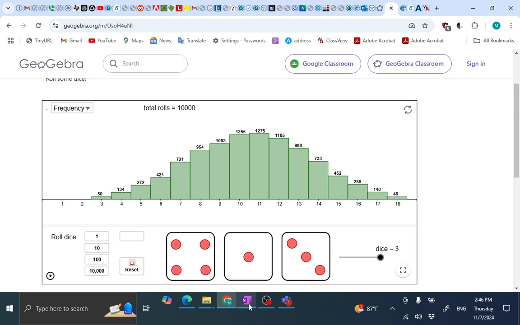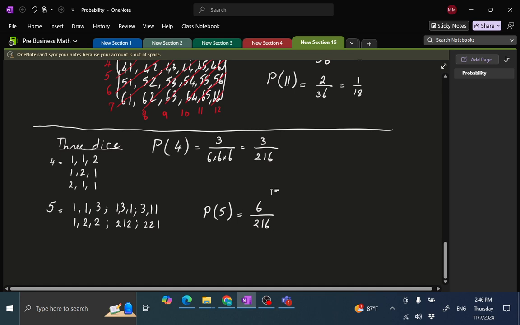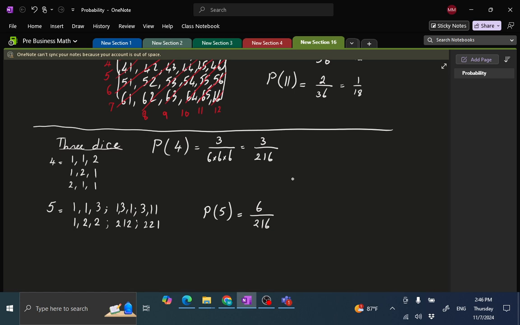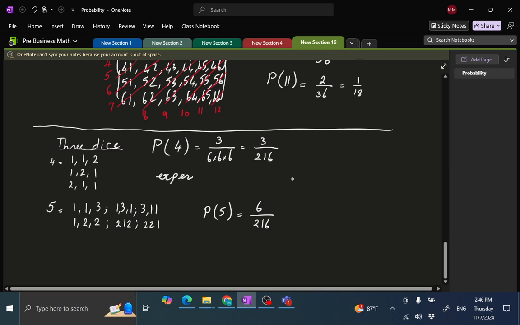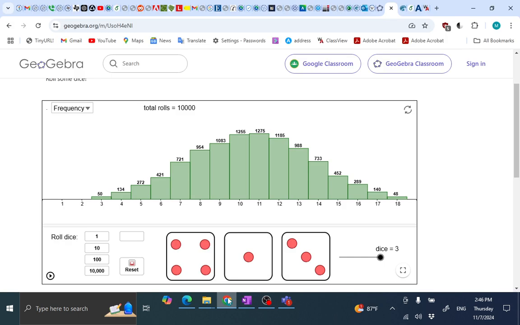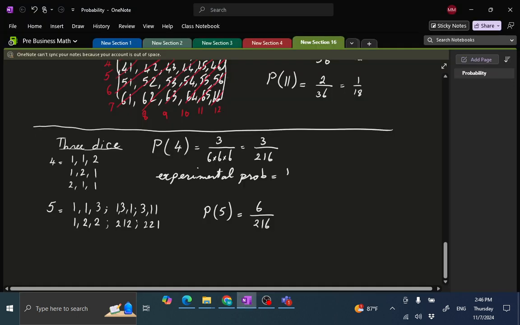Let's go back, compare against what we got here. So the experimental probability in that demo, what was it? I already forgot. Was 128? No, 100. This was 134. So 134. Let's go back here. I got 134 in 10,000 throws. So it's 0.0134, as opposed to